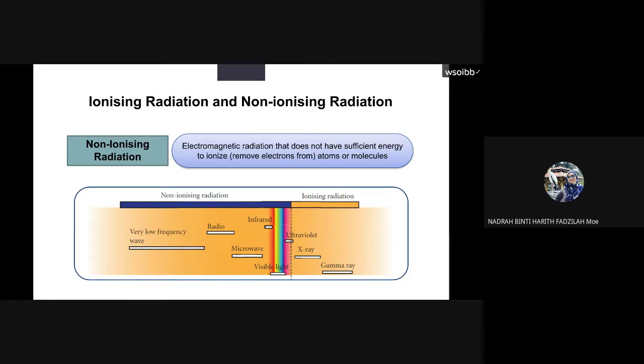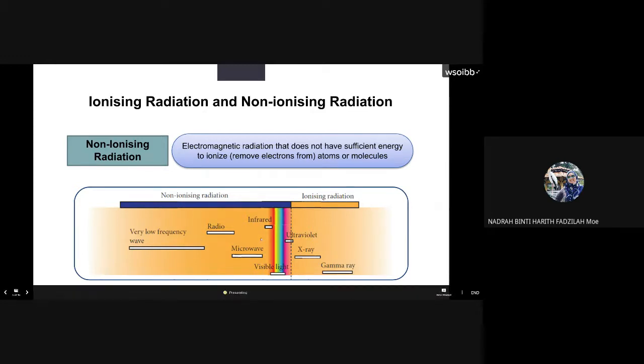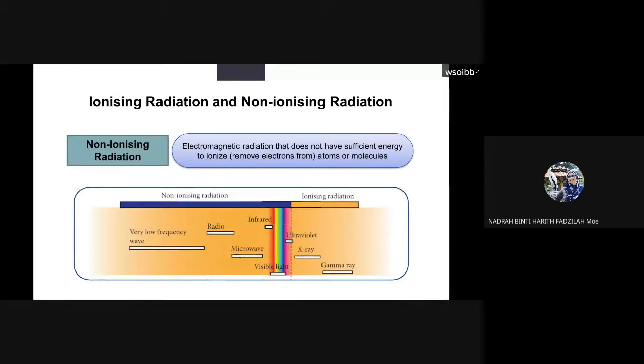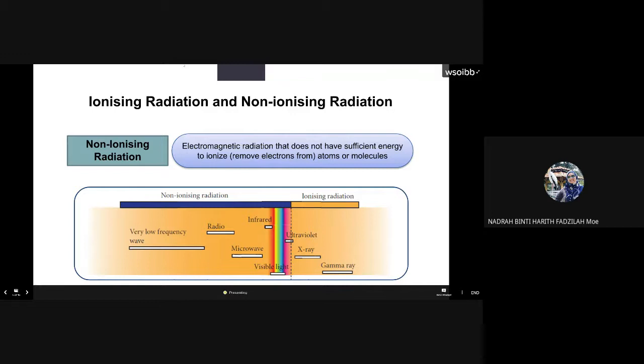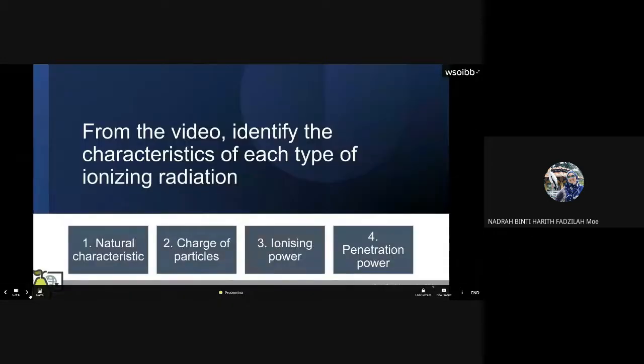However, when the radiation goes up pergi ke arah formation of X-ray, gamma ray, so dia dah masuk dalam kumpulan ionizing radiation. Tapi the wave that we use in our daily life, for example radio wave, infrared wave, microwave, those are the wave that we apply in various electrical appliances. Those are non-ionizing radiation. So here is another video regarding